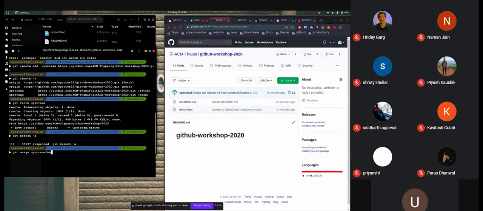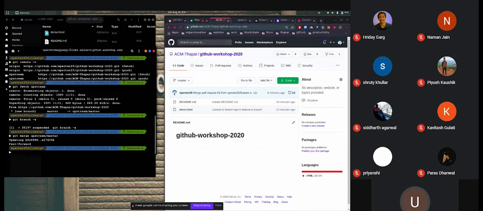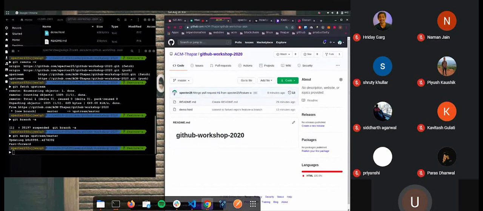So what we will do is git merge upstream/master. The master branch of the upstream remote contains the latest code, and we want to merge the master branch of the upstream with the code we have locally. So it merged the code, right? So now we have all the code that is on this branch.